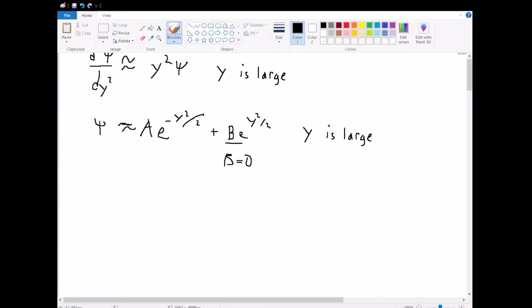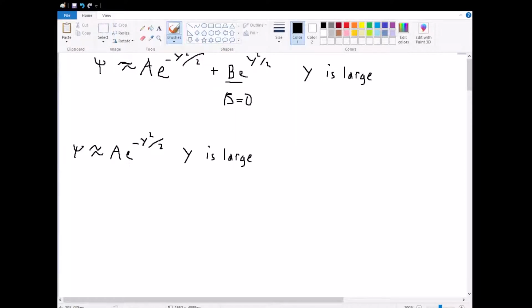So because of that, psi is roughly equivalent to A times e to the negative y squared over 2. And this is only true, once again, when y is large. So we've approximated this. This is true at large y, but it isn't necessarily true at small y. However, we don't necessarily need this exponential to disappear, because there's nothing stopping us